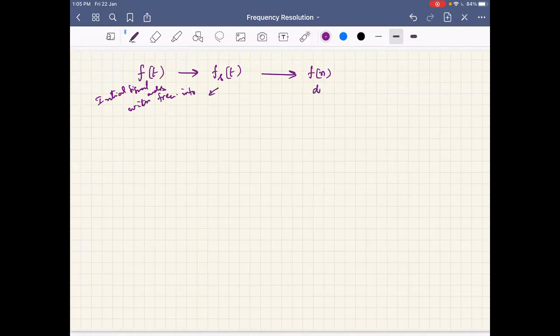However, this is a discrete signal at hand, so this is what we apply the DFT to. Now the question is, this f of n is equal to, say, anyway, here in this example, cos